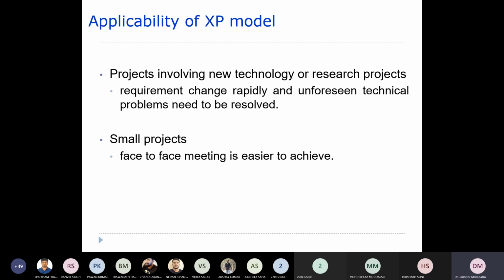Through video conferencing you can achieve it, but that is a little more difficult compared to a very small project. So you can apply it to small projects because face-to-face meetings are easier. And wherever you require many requirement changes, that sort of project can be applied, because it exactly takes the customer feedback and then resolves it through different iterations.